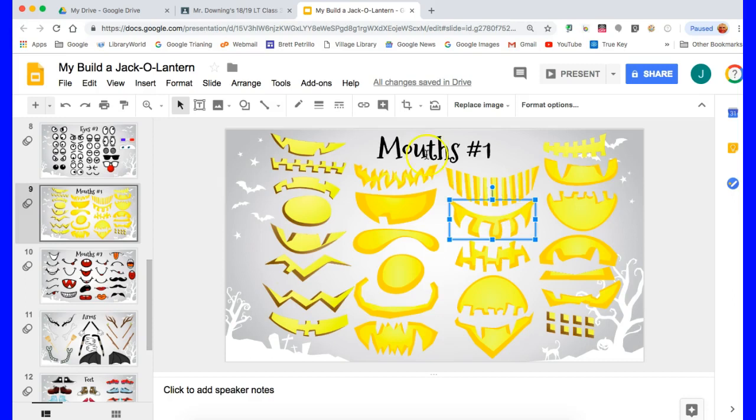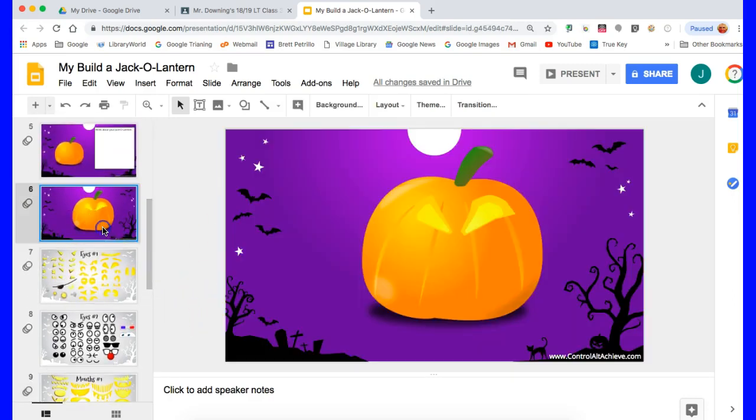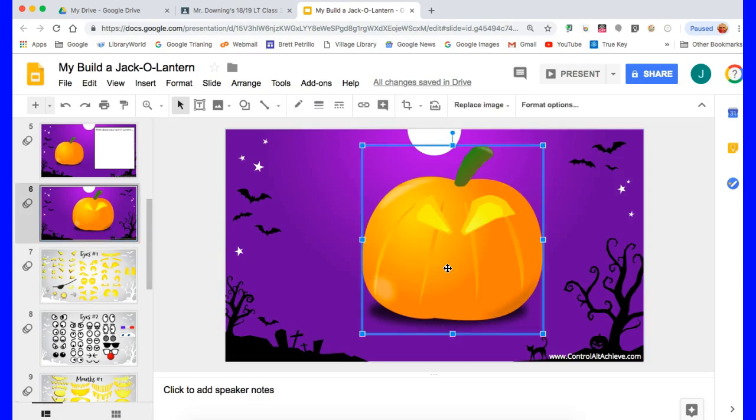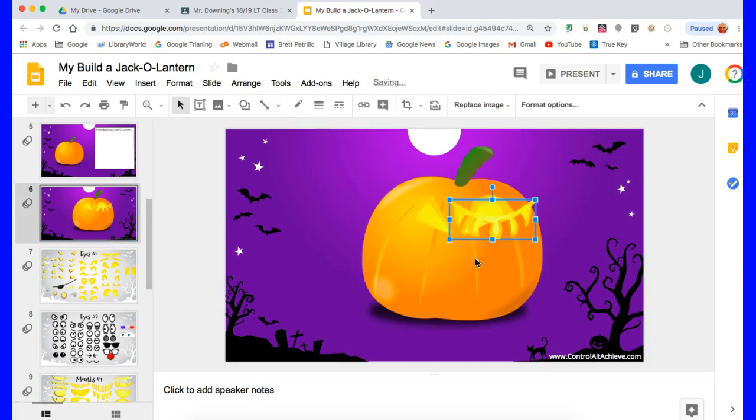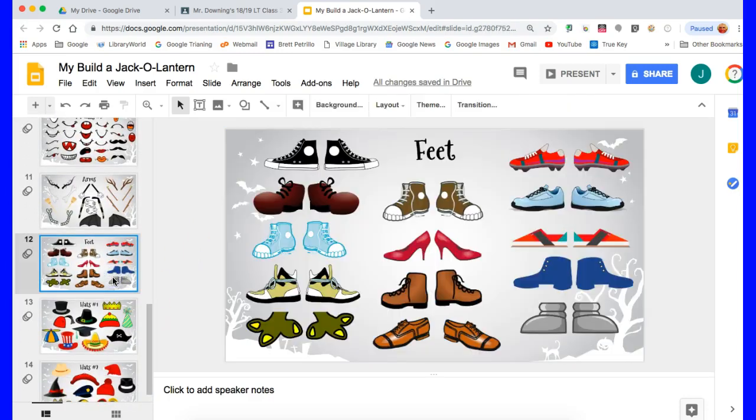Command C. Go back up to slide 6. Command V. Insert this. I can also use my arrow keys. Go back over to here. If I want to add feet, so if I want to make this really a funny looking pumpkin,